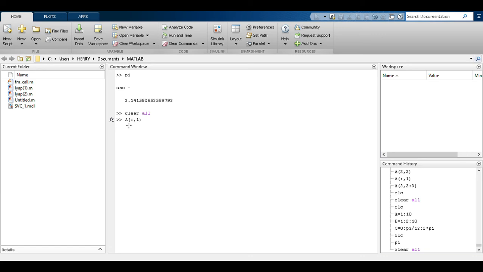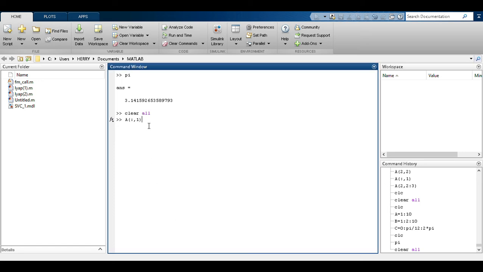One more example. Just enter a matrix A and a matrix B, and you can do A plus B, A minus B, A cube, B cube. Now how can we do cube in MATLAB? Here one example is there: undefined variable A. It means that we have not already defined the value of A. That is why we will get this error.